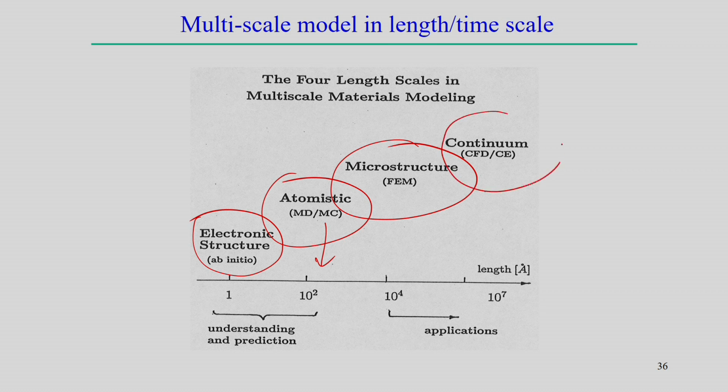or some statistical physics to make the model at this scale. And finally, for example, we use the governing heat conduction equation and solve it, that is what we do at the continuum scale. So, therefore, there are four hierarchy levels of different scale modeling approaches. The length scale is 10 to the power 7, that means 10 to the power 7 minus 10 equal to 10 to the power minus 3 at that scale. So, that means at the millimeter scale we get the continuum model.